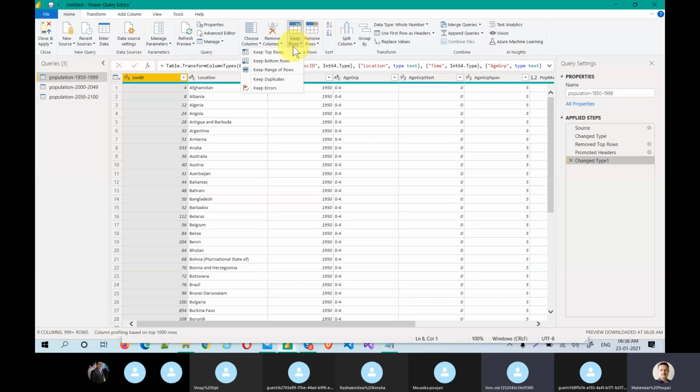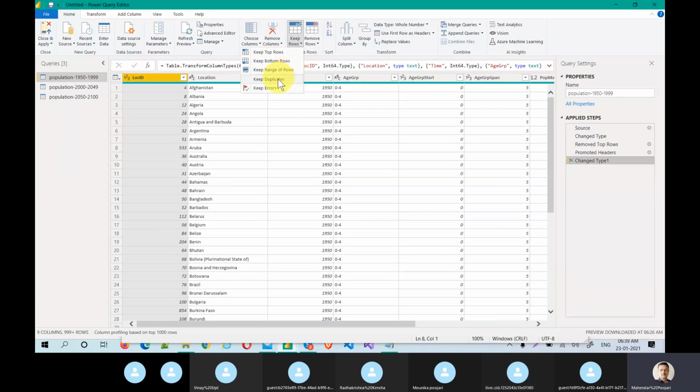But let's say I don't want much data, it has a lot of junk data, and I just want only a couple of rows or less information. In that case, this is the smart way to go. Instead of removing, you just keep the top 10 rows. That's enough for me. You keep only the top 10 rows and remove lakhs of records in one go. And the same way, bottom rows and a range of rows.